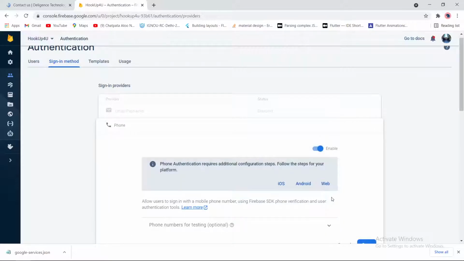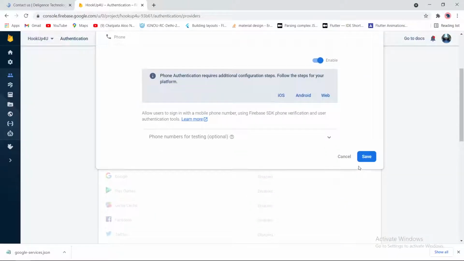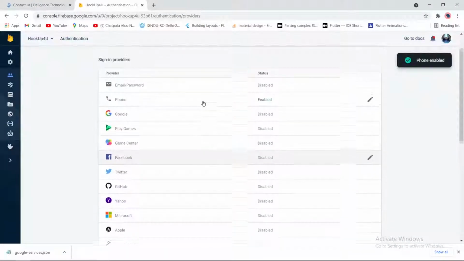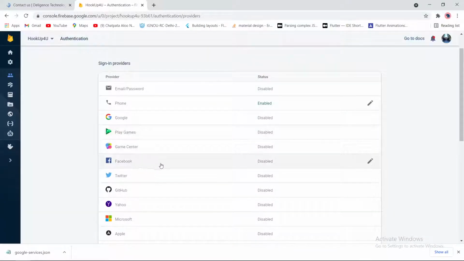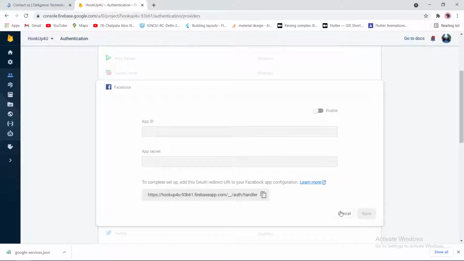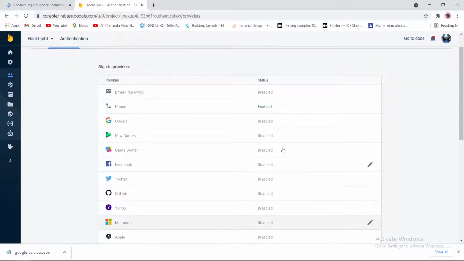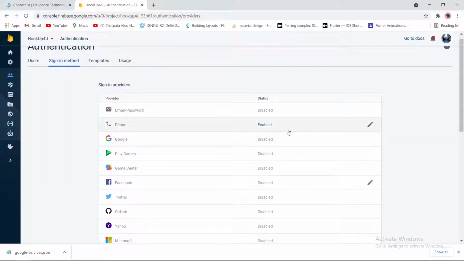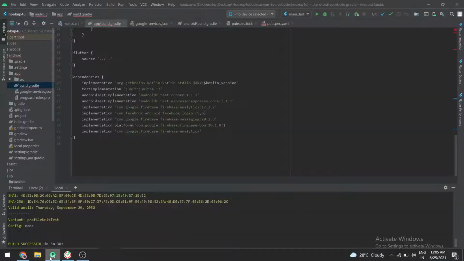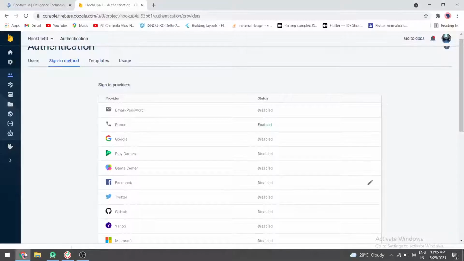So to activate that, we need to enable both. Right now, I will enable phone authentication only. Later on, I will show you how to enable Facebook authentication, as we need some extra information like app ID and app secret. So I will do it later. Right now, I'm going with phone authentication only. So yes, after enabling this,